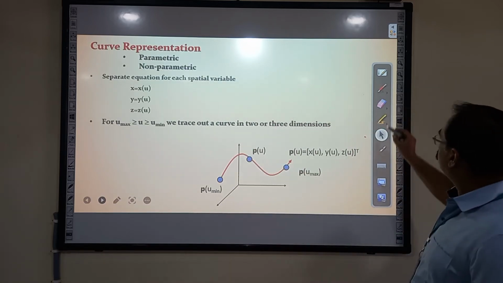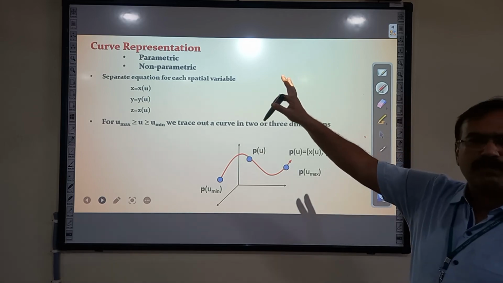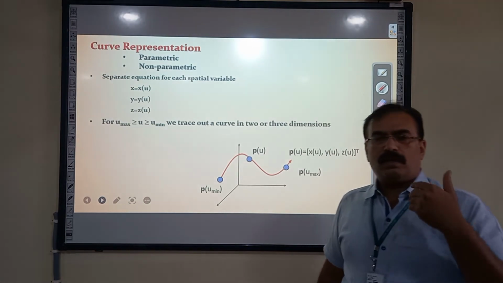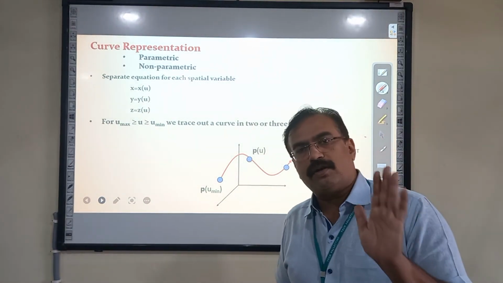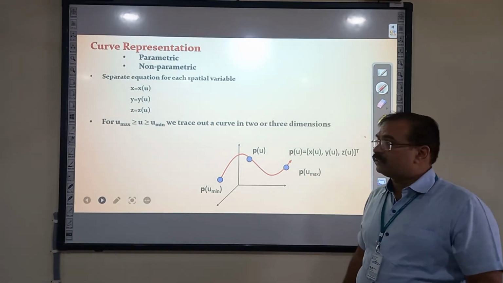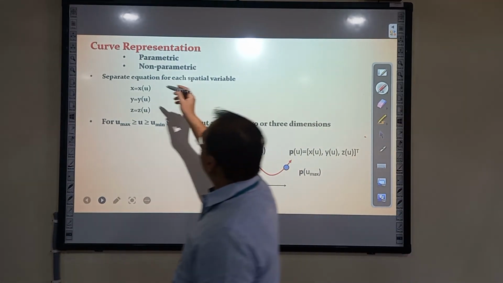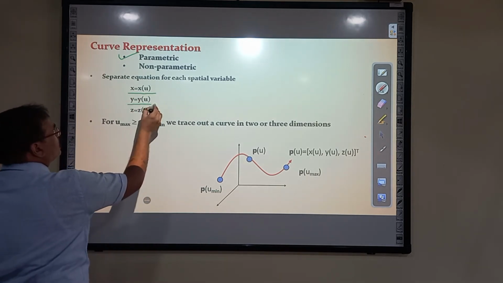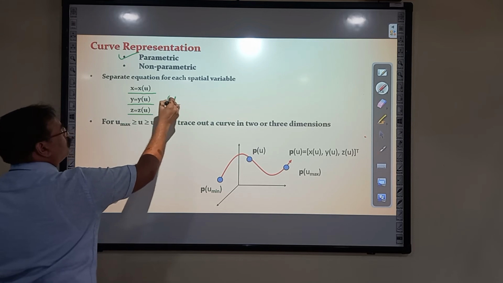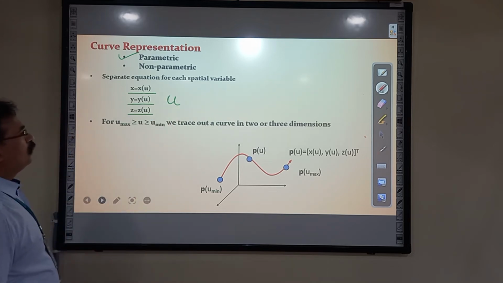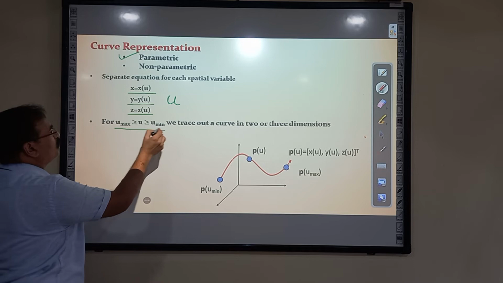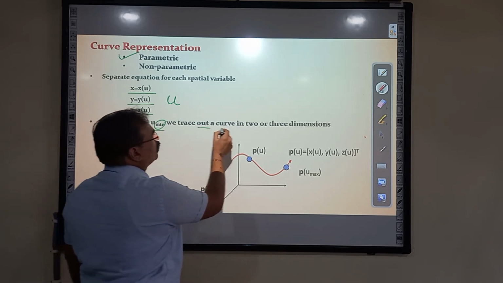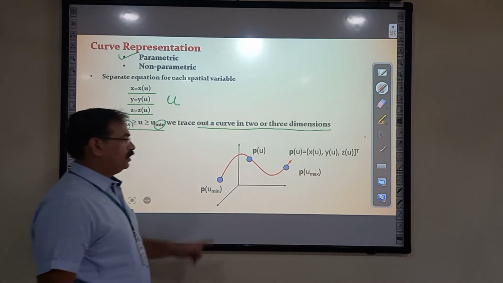and the parametric equation is going to work something like this. There are two types of equations, parametric and non-parametric. Non-parametric means defining all the points or defining all the segments, line segments, which will be the part of the curve. So there is no need of any parameter. Whereas in parametric type, we have three expressions where x, y, z all are defined as a function of u, where we have a u max to u min value or vice versa. We trace out the curve in 2 or 3 dimensions in this way.